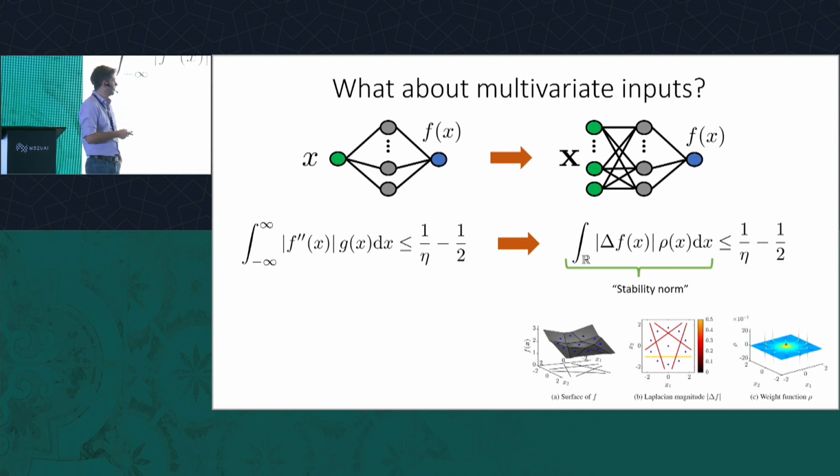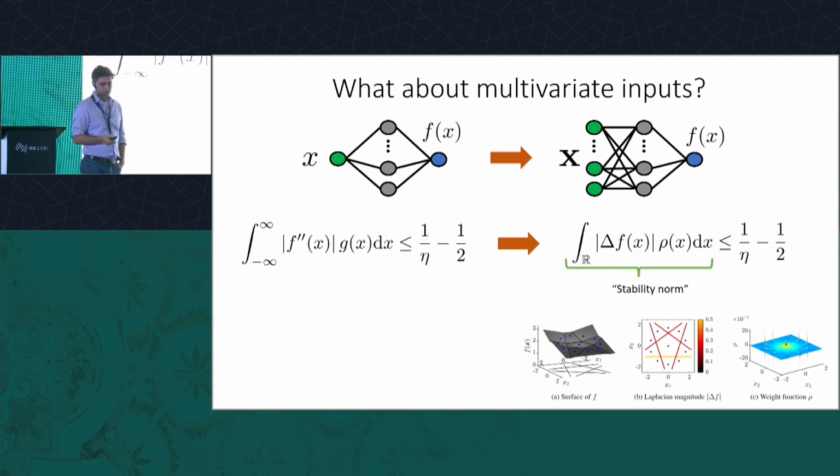Just to get some intuition for how it works, suppose we have some 2D function. The data points are in blue, and we have the function here in gray. Then we take the Laplacian, and we get these delta functions, which are the kinks of this function. These are the different delta functions, and each one has a different weighting. So this part is the absolute value of the Laplacian, and we multiply this by this weighting function, which is data dependent. It looks like this for this data, and then we can calculate the stability norm. Okay, so we can get this exact expression, which is nice.